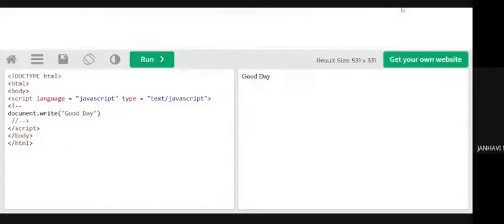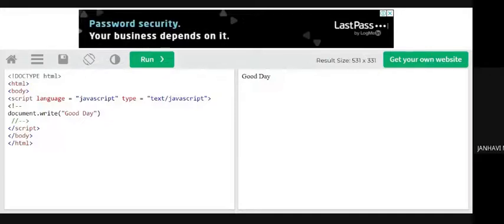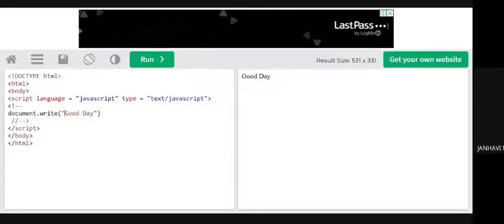Good day has come. Now the program which I had shown you previously included a header tag. Now let me put a header tag inside this and see what the changes are. So inside this I include h1, and over here I put a backslash h1.